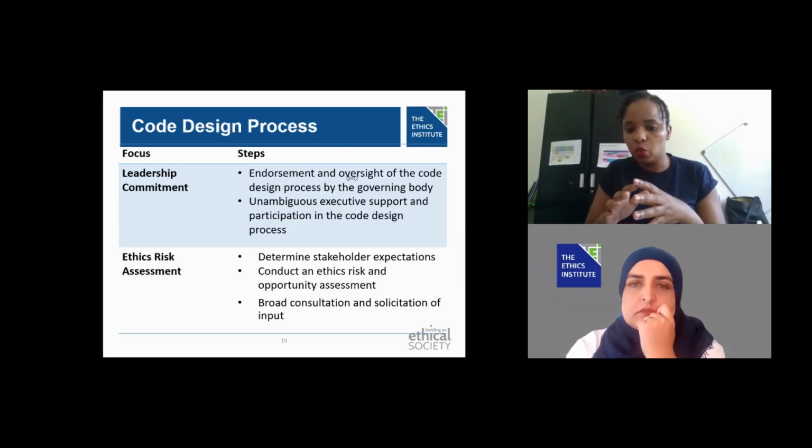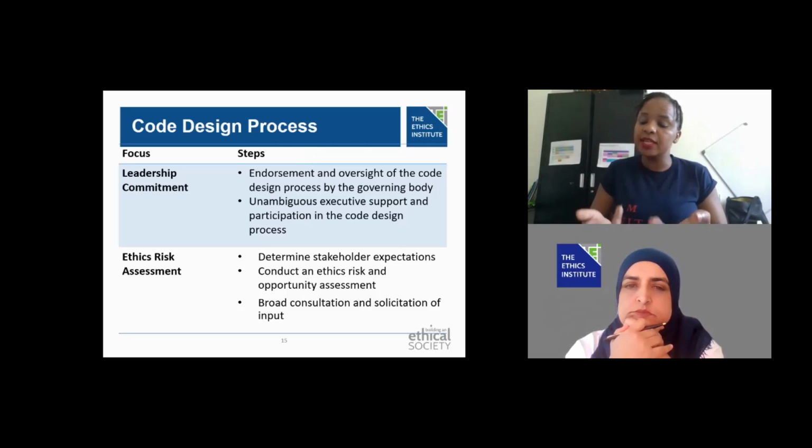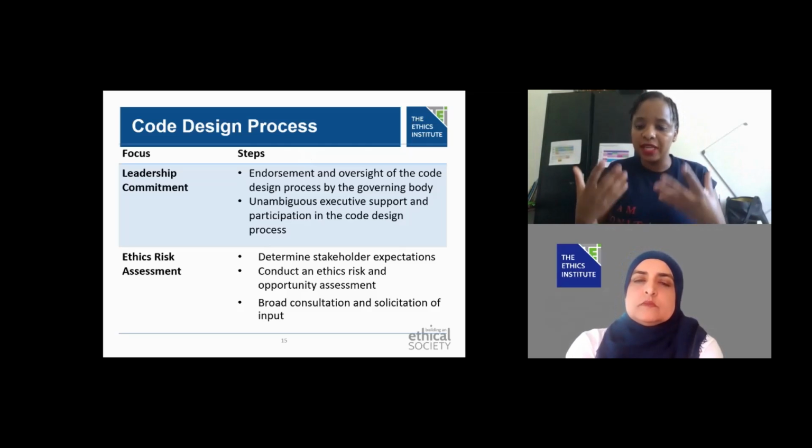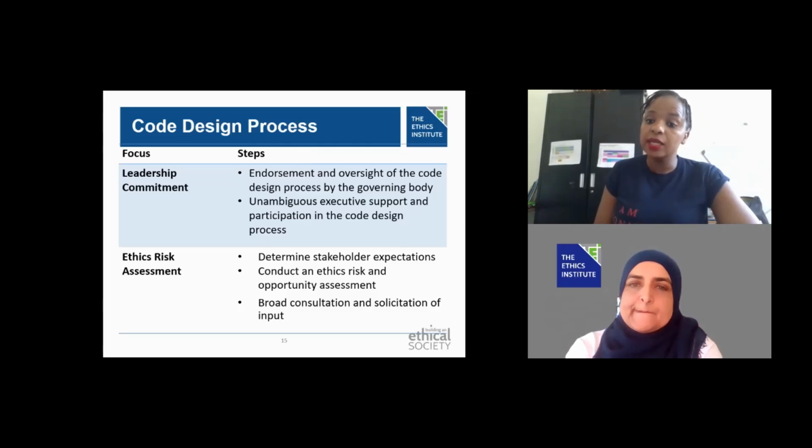And also, in terms of looking at what were the results and expectations that came out of your risk assessment, like I said, the code serves people. People need to abide by it, or need to understand it and embody it. So their concerns, their expectations need to be attended to. Their buy-in is very important. It shouldn't be a one-person exercise. Usually when it's a one-person exercise, then that one person needs to go around and advocate for it with everybody else, and it shouldn't be that way.